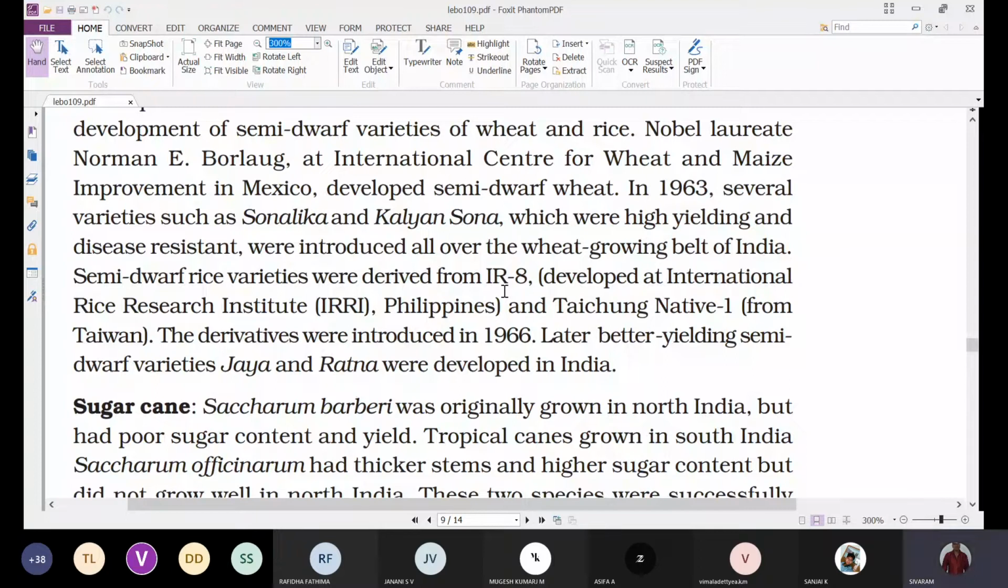Like A, B, C, D, they will ask you what is A, B, C, D. If they give rice, what is the rice variety? Jaya, Ratna, IR8, or Taichung Native 1. If they give you wheat, Sonalika and Kalyan Sona. Sonalika and Kalyan Sona are the semi-dwarf varieties of wheat, which were introduced in the